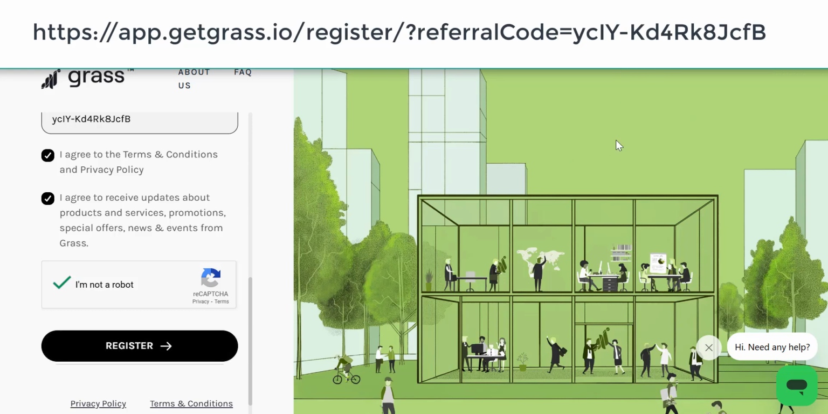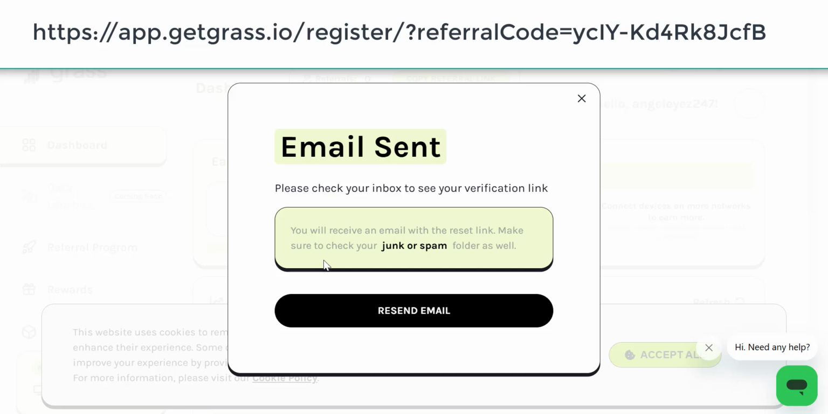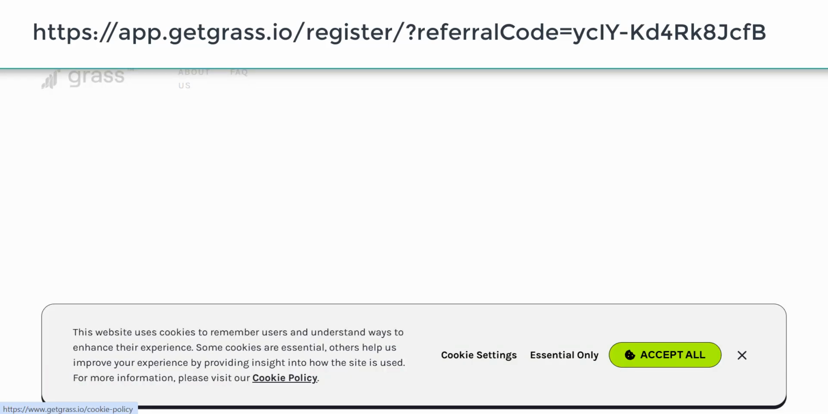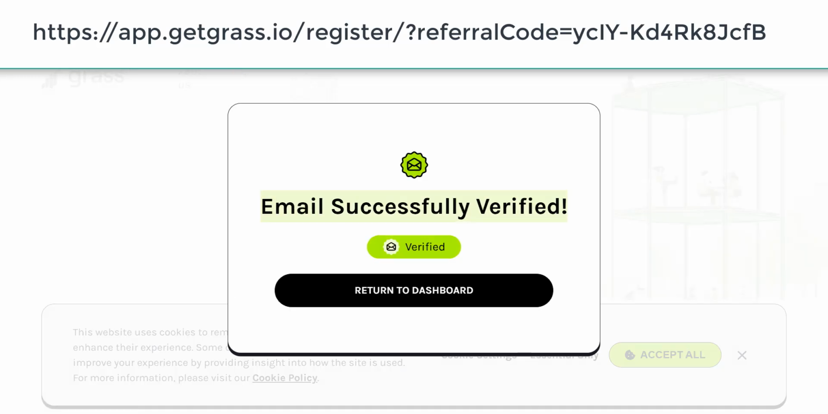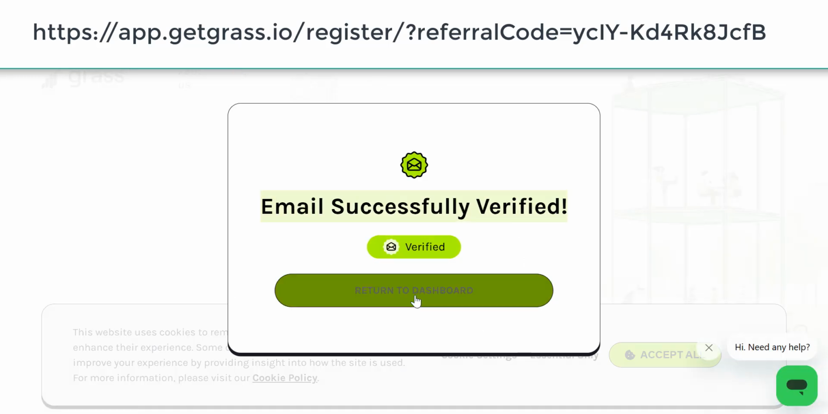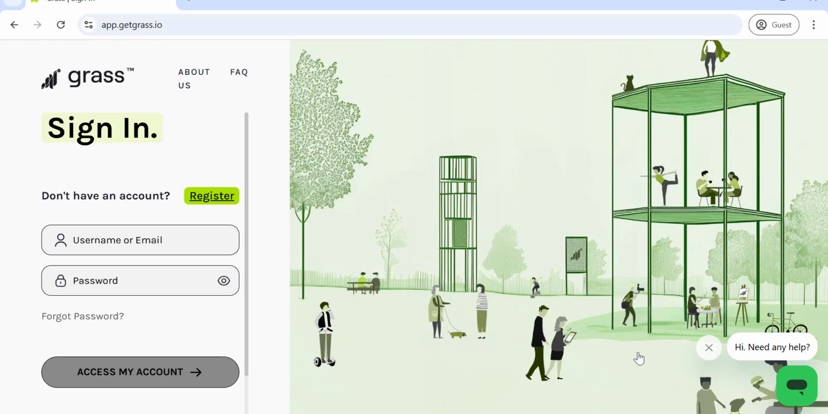All right, so next we're going to now log in. So let's scroll up. Okay, it's open now. We're going to be checking the email to see the verification link so that we can verify. So I'm going to open the mail to check. All right, email successfully verified. So return to dashboard. We click here. So next, let's accept all cookies. Okay, so next now we will now log in. So let's log in. Username or